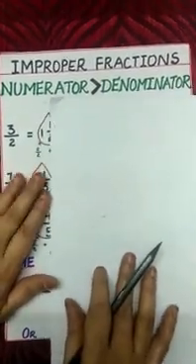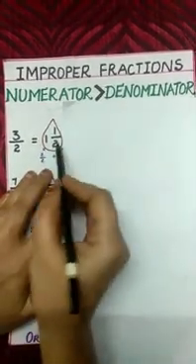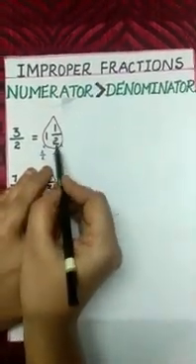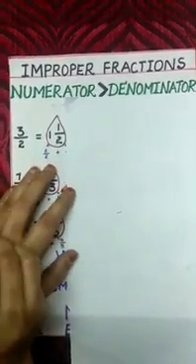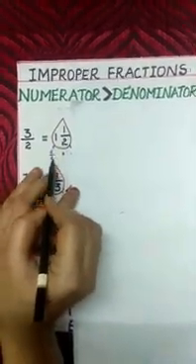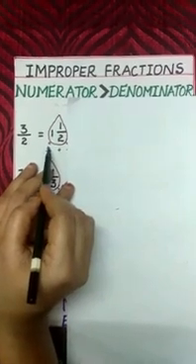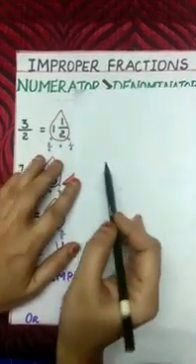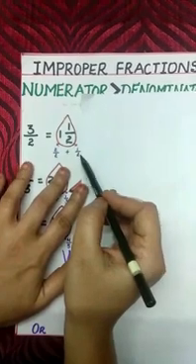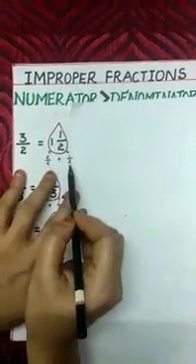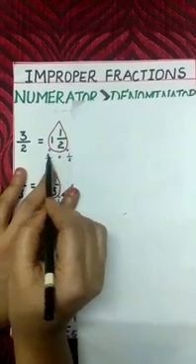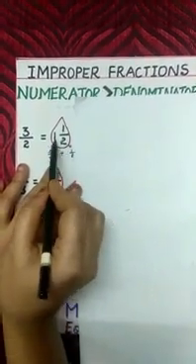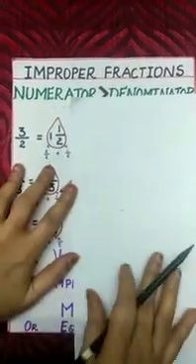As you know how to convert this improper fraction into a mixed fraction, that is 1 1 by 2, where 1 is a whole number part and 1 by 2 is a proper fraction. Now this 1 can be written as a fraction with denominator 2, that is 2 by 2 plus 1 by 2. Now here 2 by 2 and 1 by 2 are like fractions. So by adding numerators over the common denominator, 2 plus 1 is 3 by 2. It means that 1 1 by 2 is the same as 3 by 2.